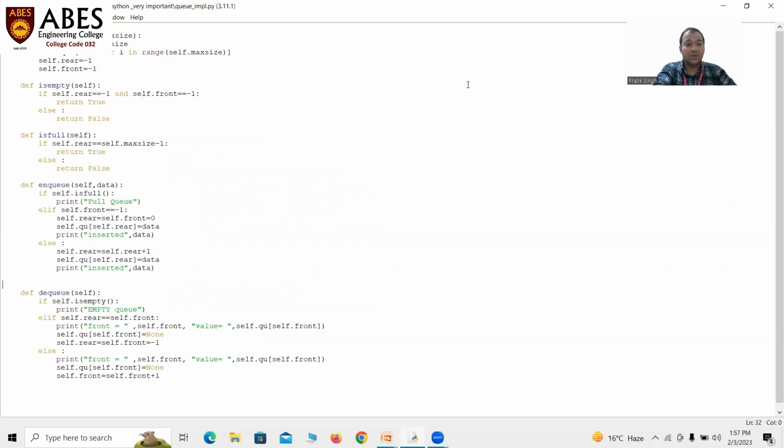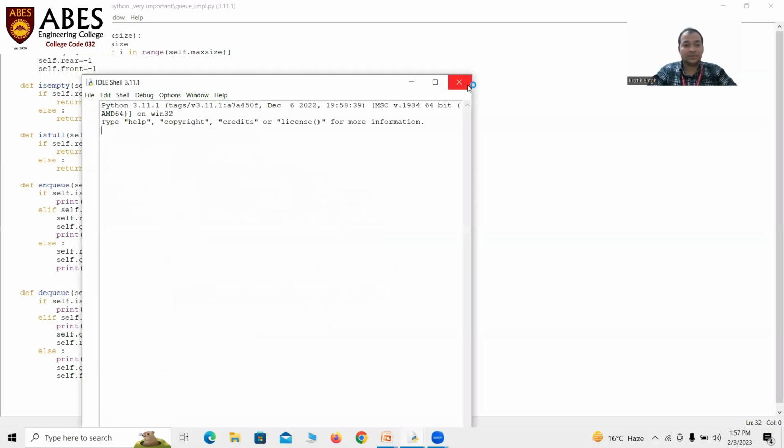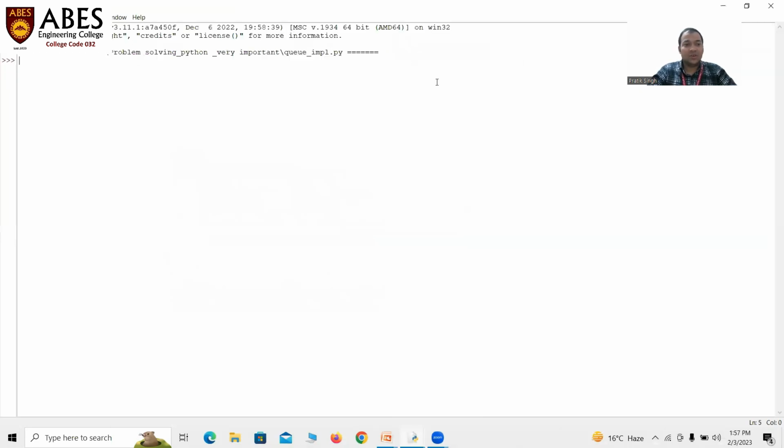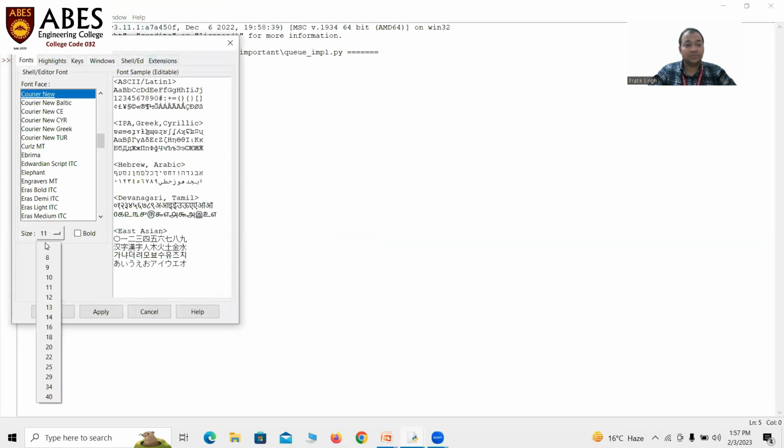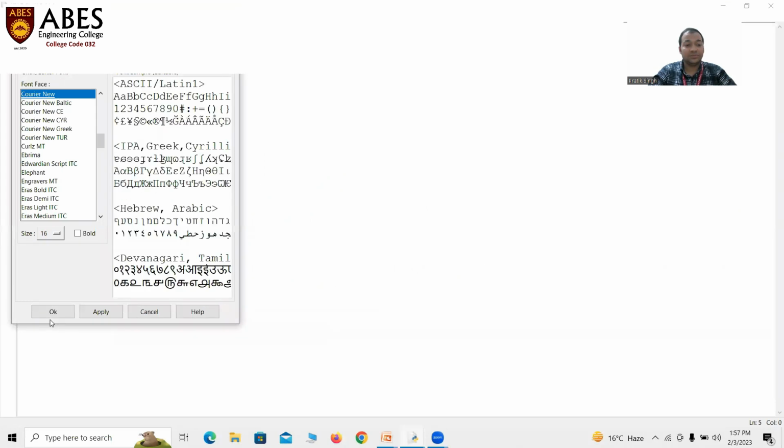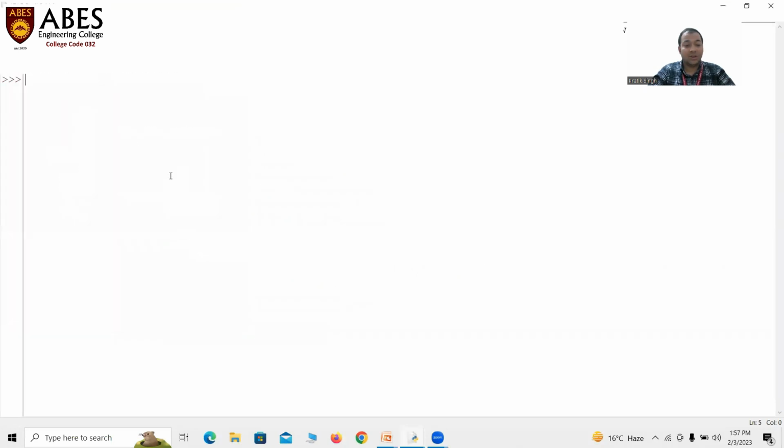We run our code. Code runs successfully. Now create your object of class Queue, and set the size to 3. Queue implemented successfully. Now perform the enqueue operation